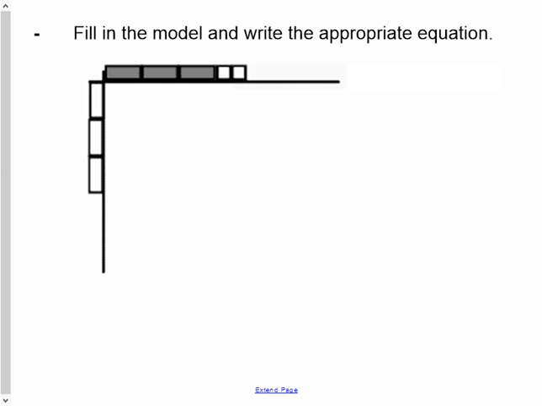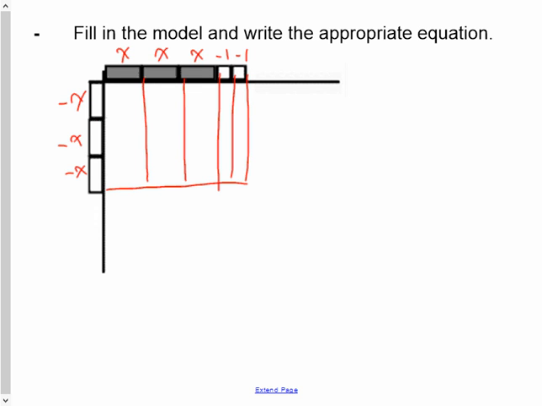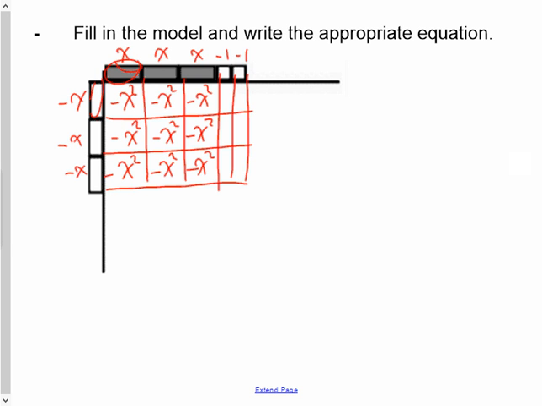The next question says fill in and model the appropriate equation. So for this one, these are negative x's. These are all negative x's. These are all positive x's. These are negative 1s and negative 1s. So when I kind of complete this area in here, a negative x times a positive x here will be a negative x squared. And these are all negative x squareds. And then if I look at the other ones, this is a negative 1 multiplied by a negative x. These are going to be positive x's in here, because a negative times a negative is going to be a positive. So when I analyze it, the solution is going to be negative 9x squared